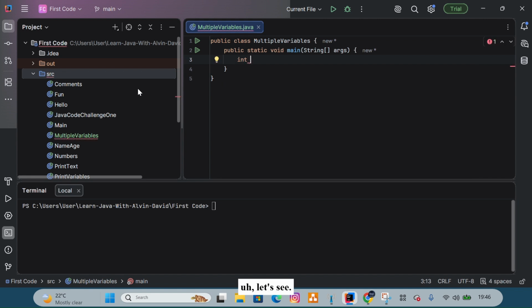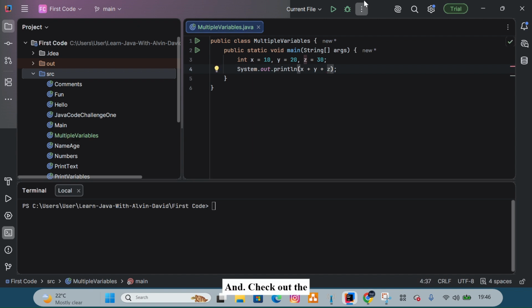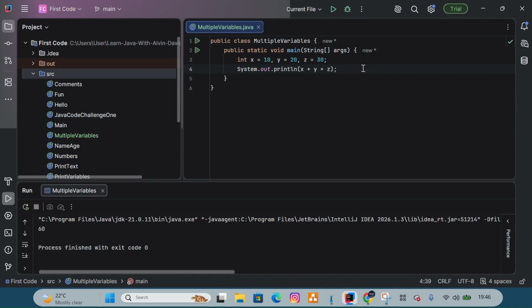integers, and let's say x, we give it a 10, comma, we give y a 20, and comma, we give z a 30. So you put the semicolon, and you can perform the addition of x plus y then plus z, and check out the output. Okay. So you can see it's a